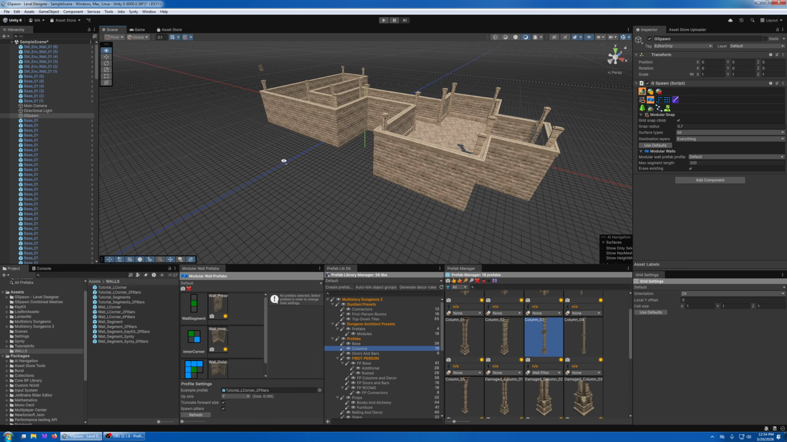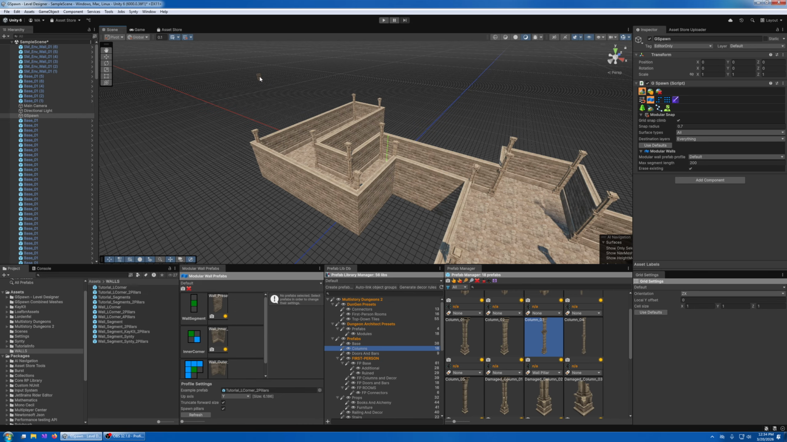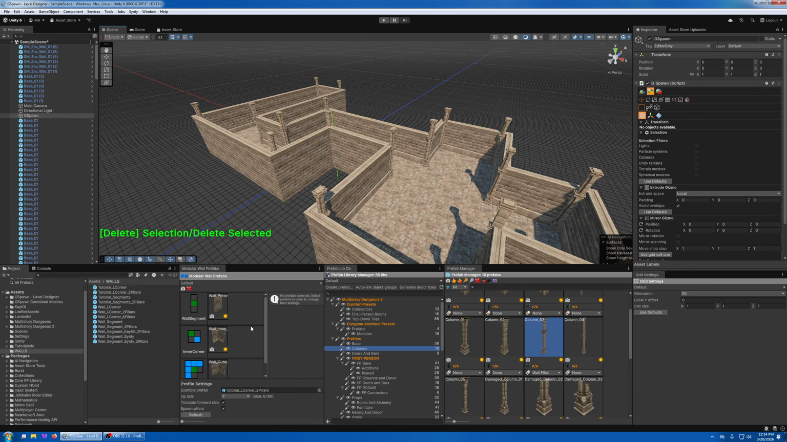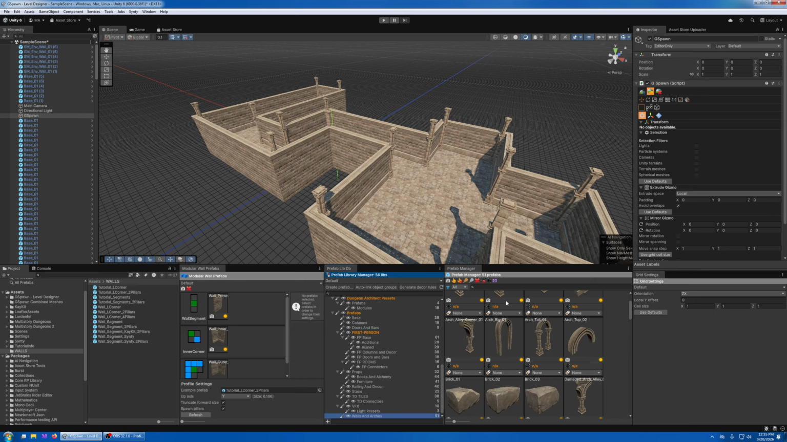Okay, now one last thing I want to show you is, you can see we have these slots. We have wall segment, inner corner, and outer corner, right? These slots actually allow you to assign multiple prefabs. So if you can have different prefabs per slot, that means that you can create more variation. So for example, for the wall segment, we could go to walls and arches, search for wall,